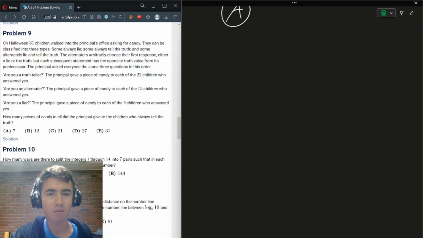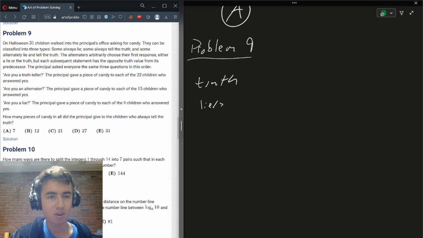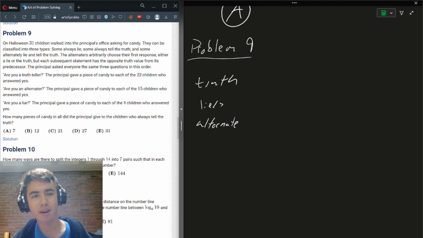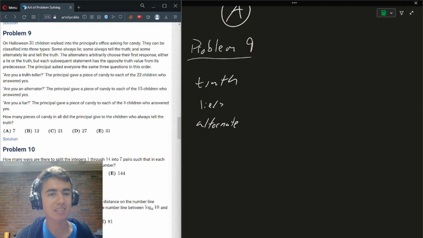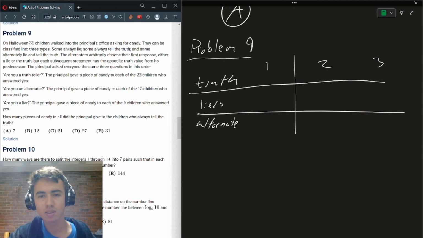Anyway, for problem 9, we're given a group of people where some of them are truth tellers, some of them are liars, and some of them are alternators, which means they alternate between truth and lie for every statement. Now there are 3 questions asked, and whoever answers yes to each of the questions is given a candy. So let's just make a table like this,